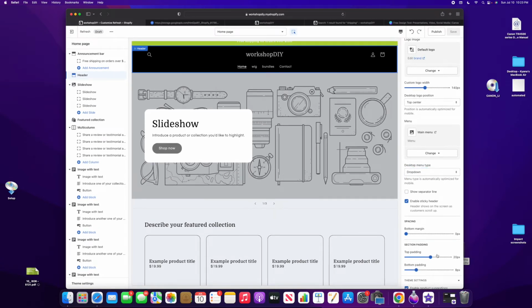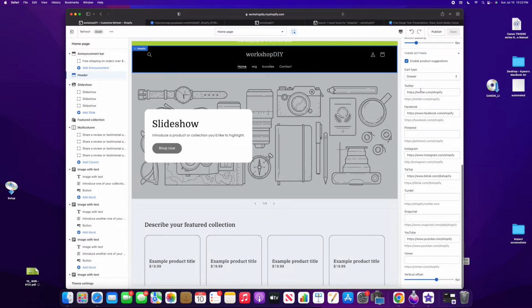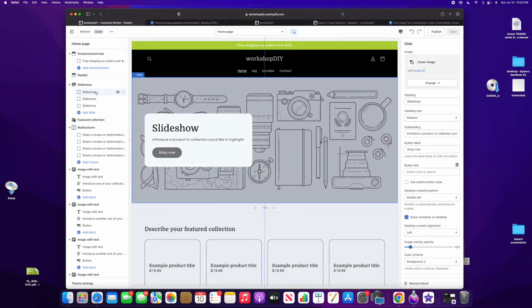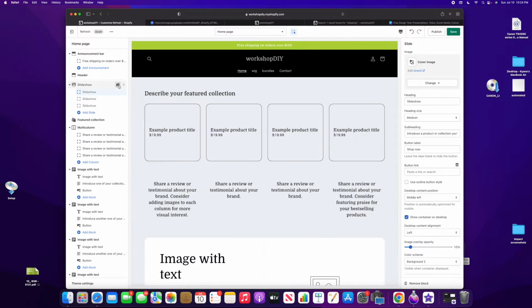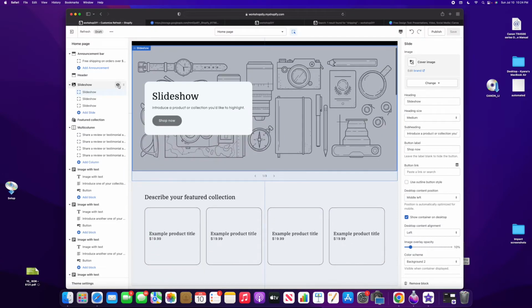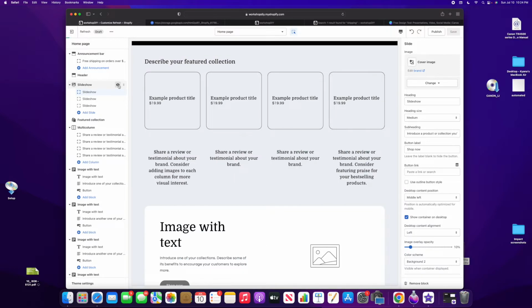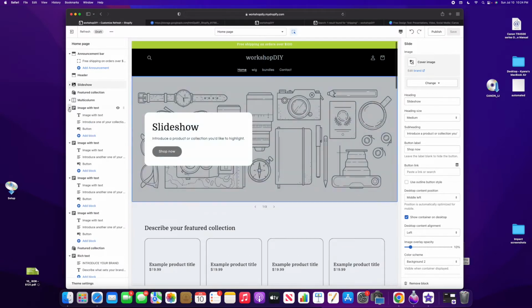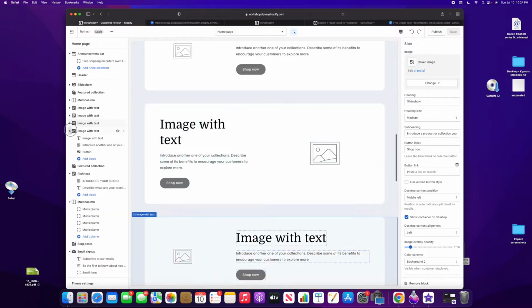And then we're gonna go into theme settings. Again, this is all of your social medias. Please put your social medias in there. Make sure they're linked in all of that good stuff. So I'm gonna show you guys more in depth how to put the pictures on your slideshow. You can use Canva when you're doing all of this. So I'm just gonna use a basic Canva flyer, just to show you guys how to install this stuff. Okay, so